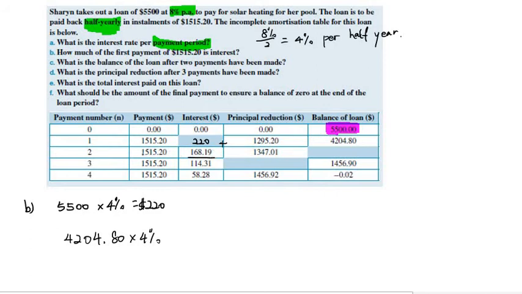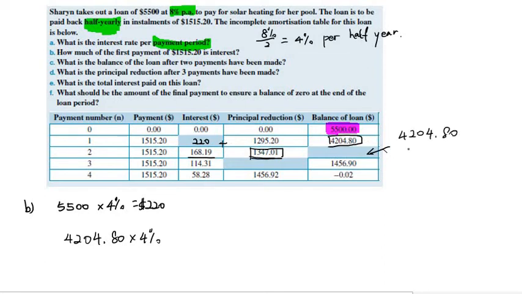The amount of payment is a fixed installment, so it's still the same. If I use the payment minus the interest, that is how much money will go off to pay off the loans over here. Okay, so if this is the money that we are going to use to pay off the loan, and here is the money that we're owing, then the new amount that's left over here is going to be